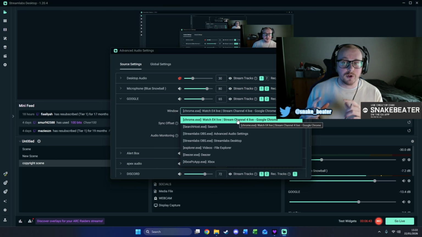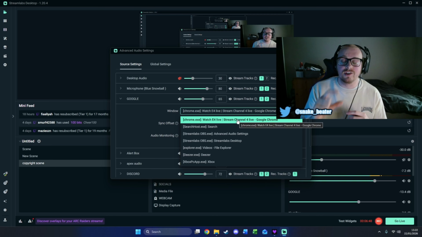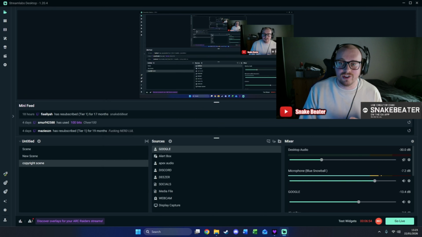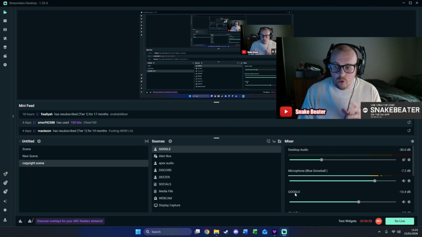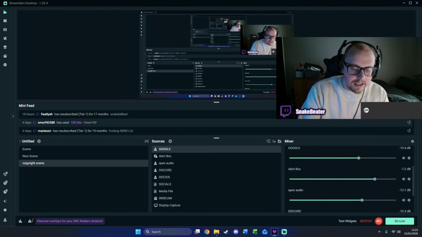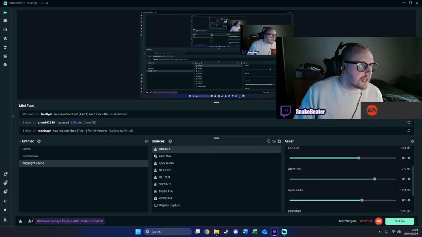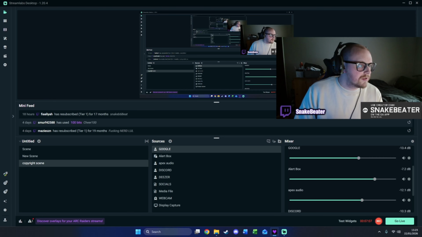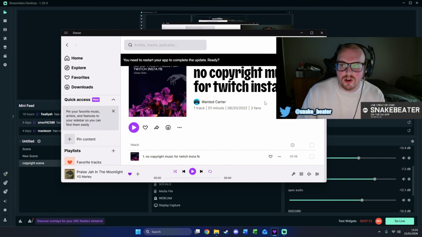Guys, again, though, unfortunately, every time you open up a new Google Chrome, you will need to select the drop-down menu, okay? This is just unfortunately the way it is. As you're adding in separate audio things, you're going to have to do this, okay? Once this is all set up, okay, we've got everything set up properly here. I'm going to just quickly get some no copyright music, okay? So we'll see here, I've just gone onto this, no copyright music,